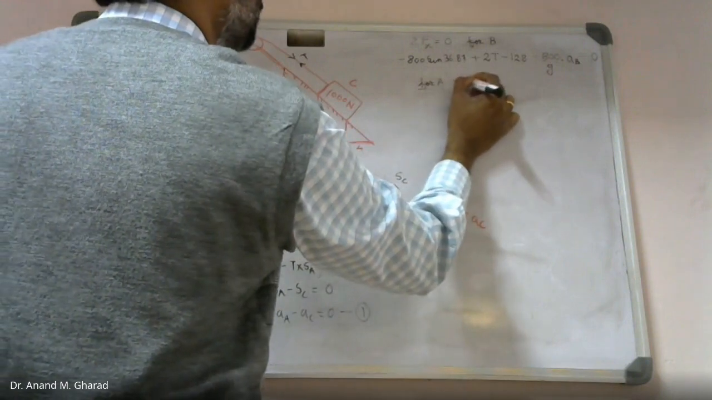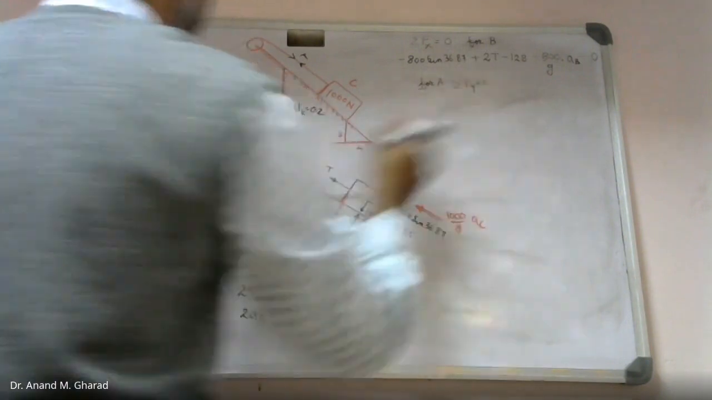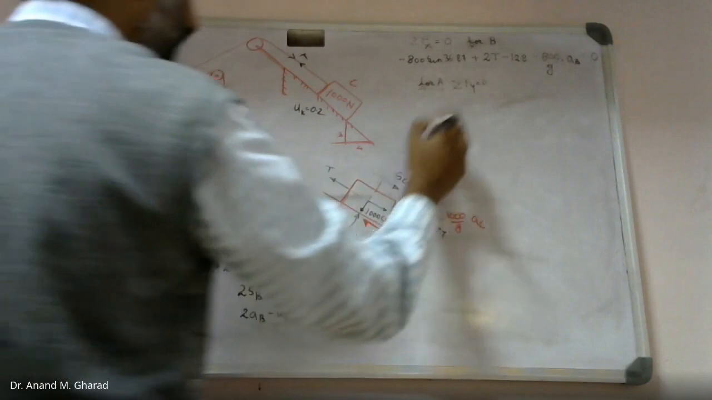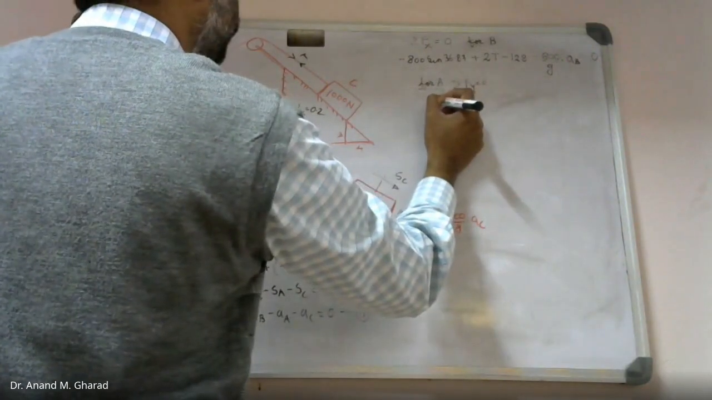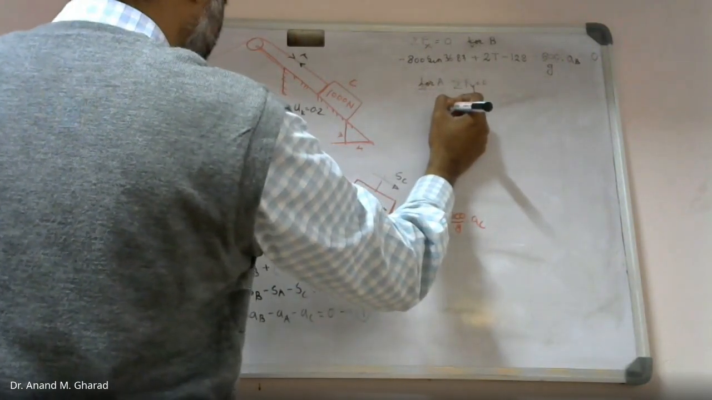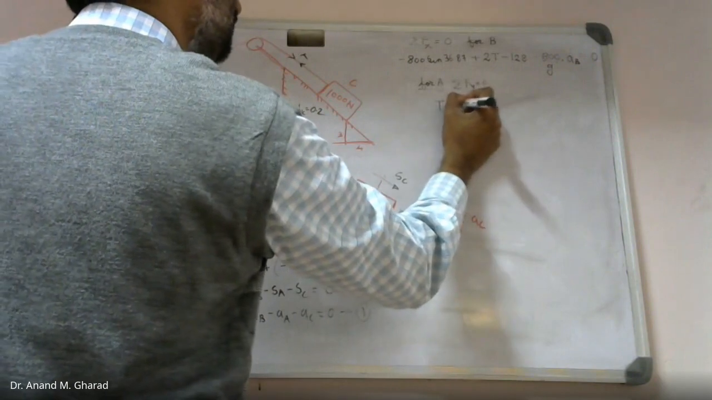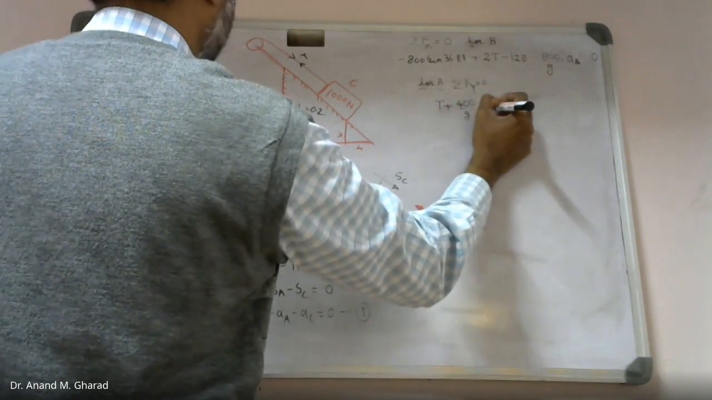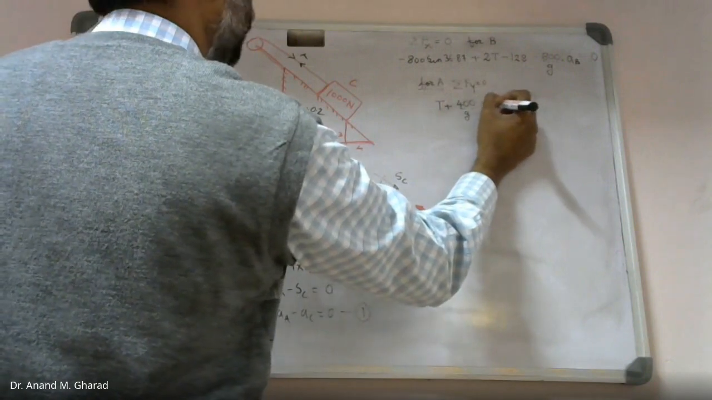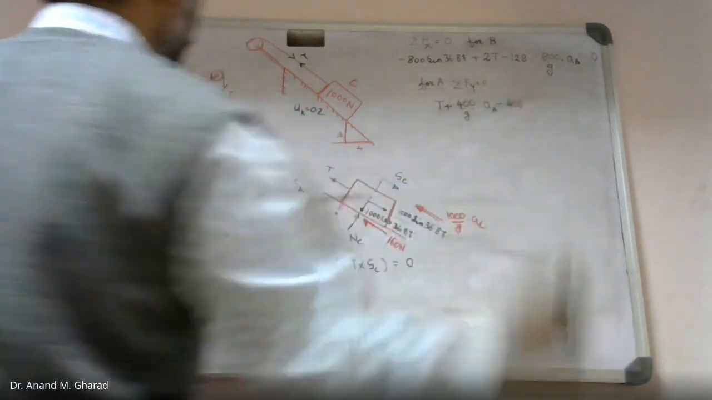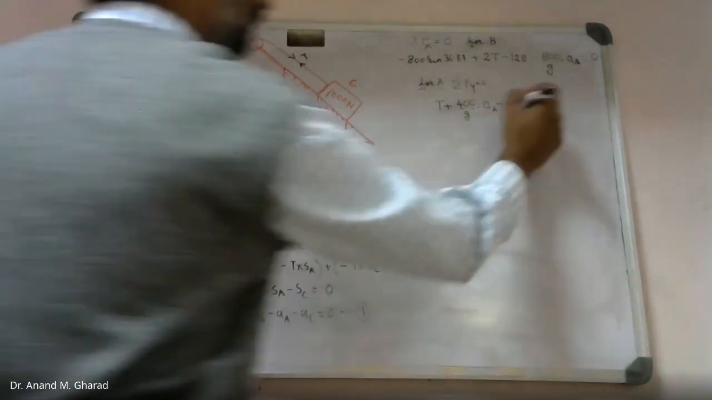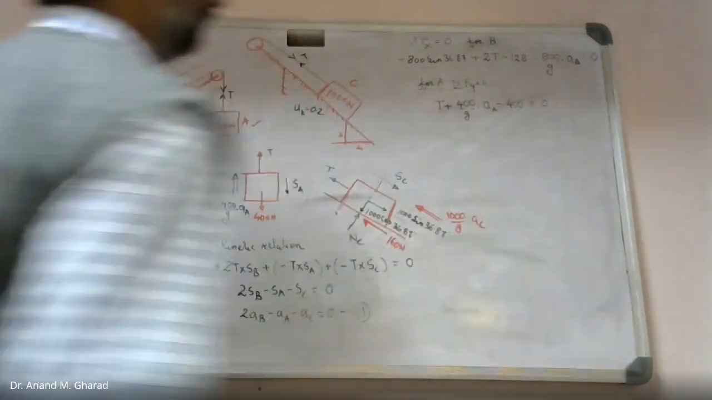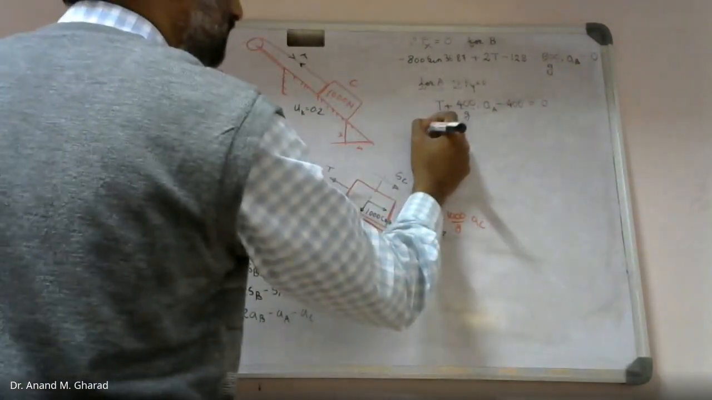summation of forces in y direction equal to 0, because there is no force in x direction. So what will be the value? It will be T plus 400 divided by G into AA minus 400 equal to 0. And for C,